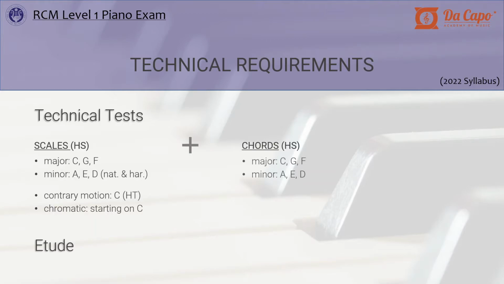For the chords, just like with the scales, we need to know 3 major chords or triads, C, G, and F, and 3 minor, A, E, and D. And for each of these, we need to know them in both broken and solid form. And finally, for the etudes, for this level, we just need to learn 1 etude. Moving on,